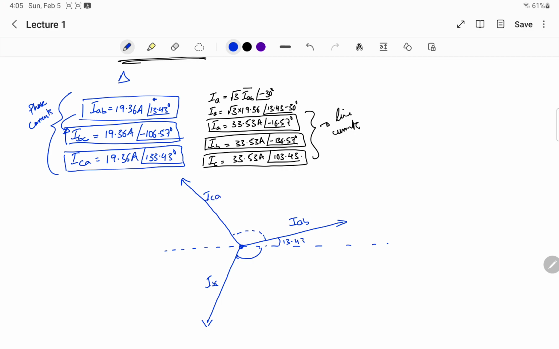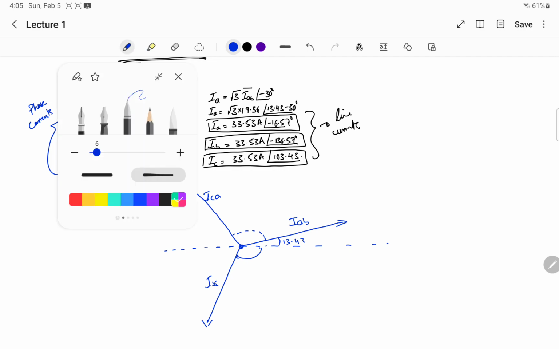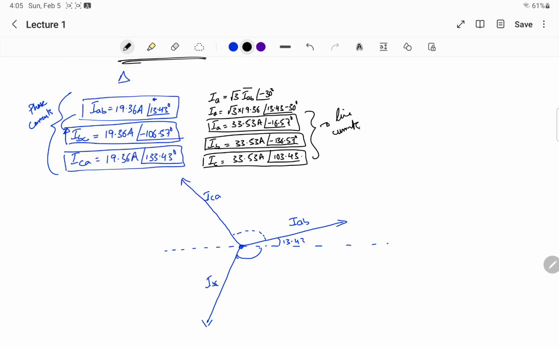This is ICA. Now let's draw the line currents. For the line currents, the first angle is minus, and this dotted line is the reference. From that reference I am taking minus 16. And here is IA,